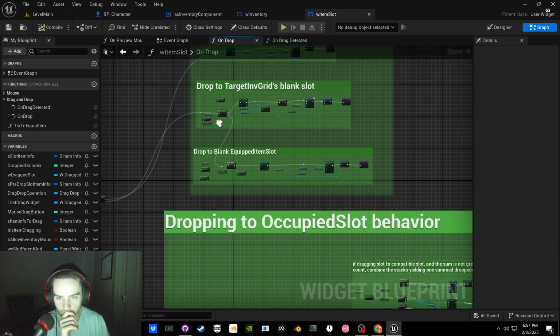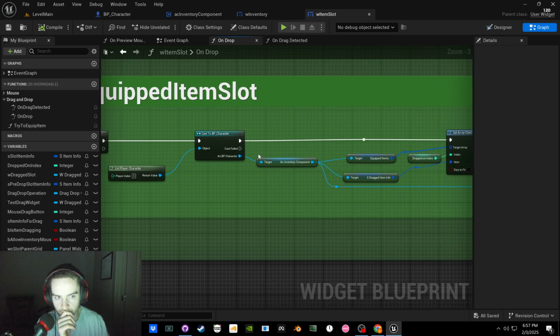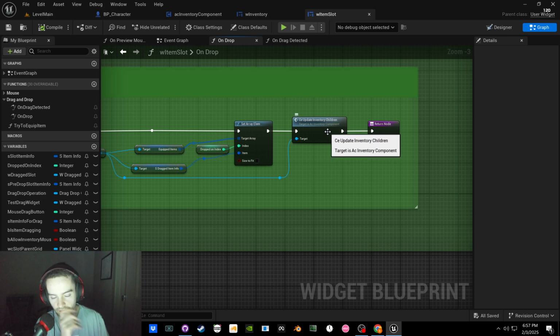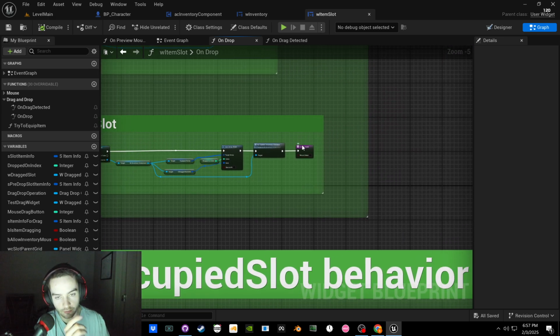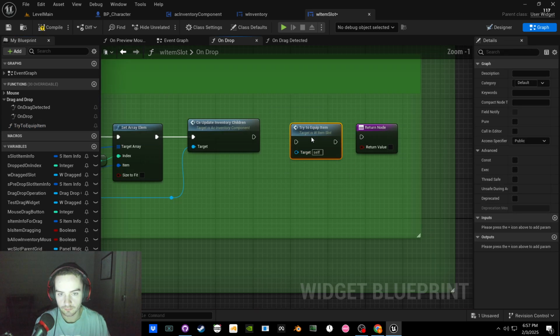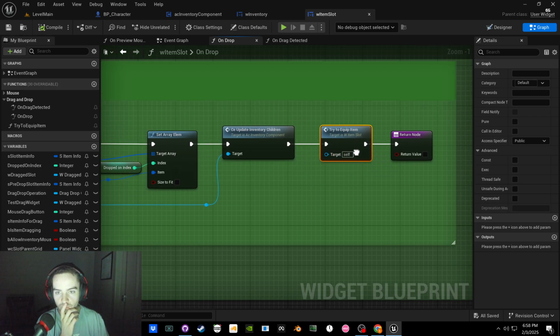So we want to equip the item. We want to set the array element and then update the inventory children, so that I update my inventory. So when I drop it, boom, it updates. And at that point afterwards, here is where I want to try and equip the item. And to equip the item, we want to